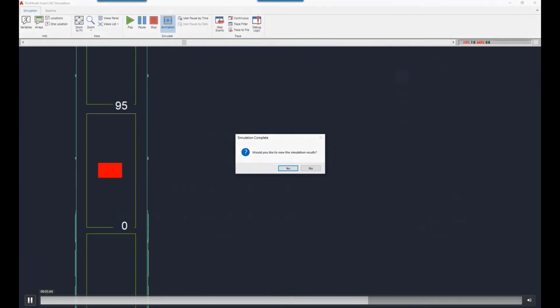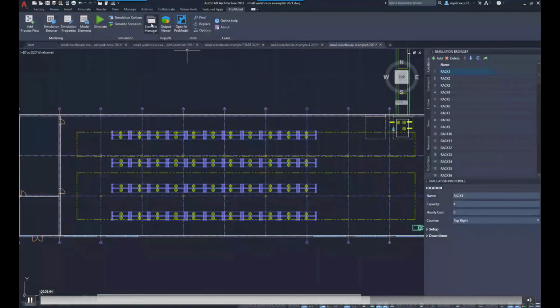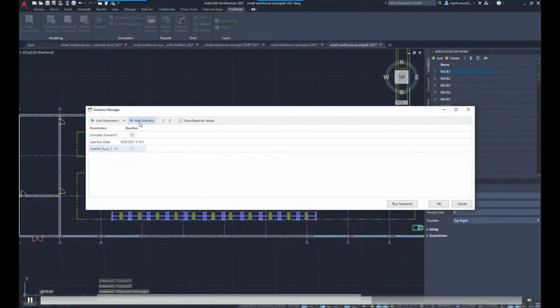So we don't need to even look at the simulation results to be able to understand that. So I want to use the scenario manager again, and we're going to add another scenario. Just very simply, we're going to add another fork truck. So we could, again, add as many scenarios in here as we want to and try as many different things